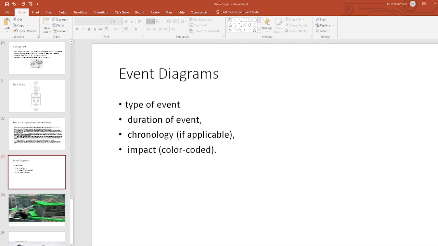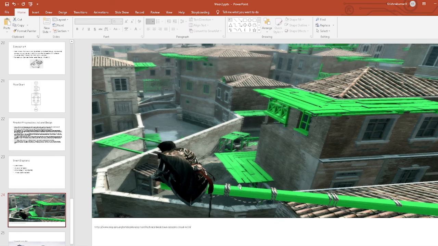All these things can be described by using color coding and column height, by numbering each event in the level. So all these things can be summarized. For example, in FIFA or a sports game or online game, we can see that our heartbeat increases due to certain scenarios. So how these things can be rated with respect to the game.